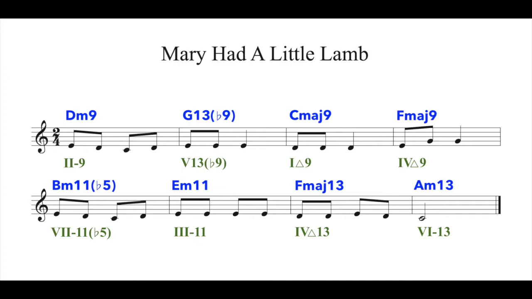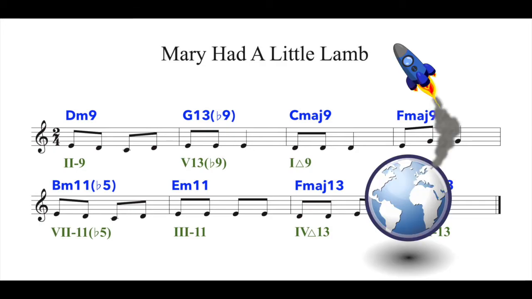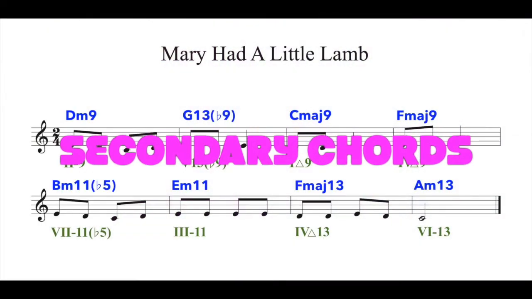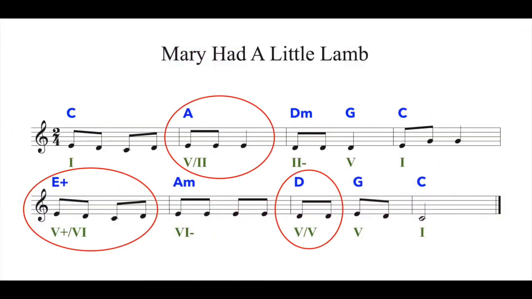We've gone about as far as we can go inside the given key. Sure, we've experimented with some chromaticism via added notes and extensions, but every chord so far has been diatonic. It's time to start branching out and seeing what our neighboring musical galaxies can offer. Secondary chords, more specifically secondary dominants, are designed to tonicize a scale degree other than the tonic. These can add a more potent and provocative tension and release than our primary dominant can achieve.